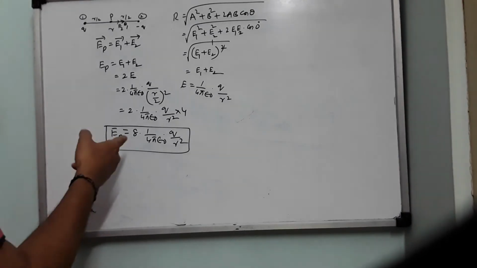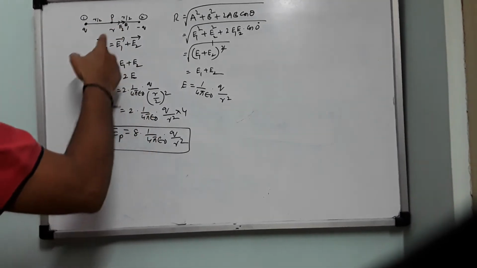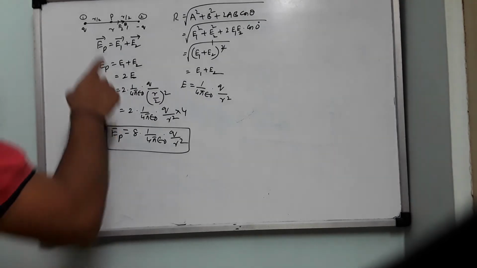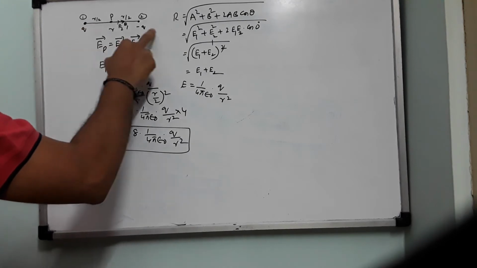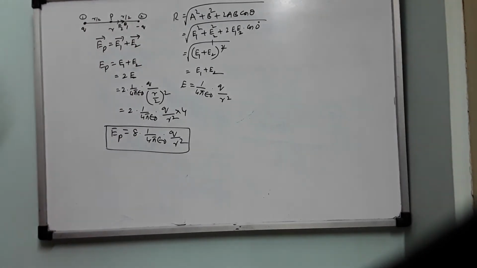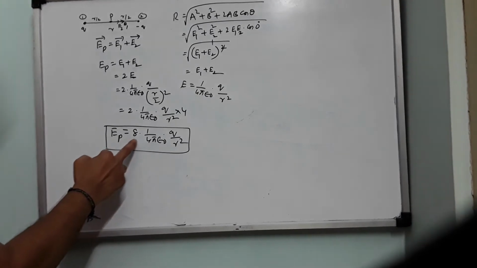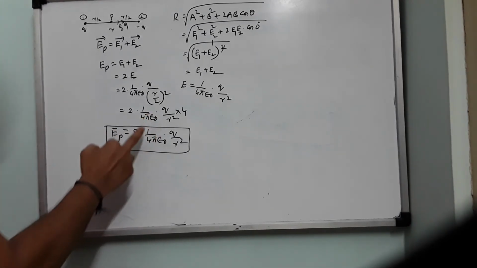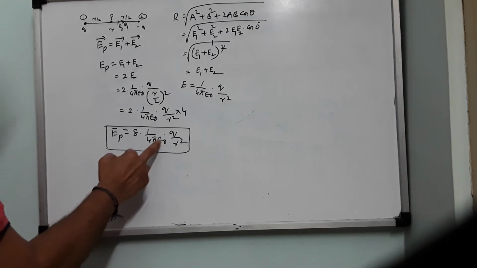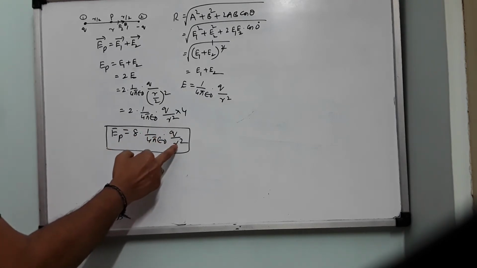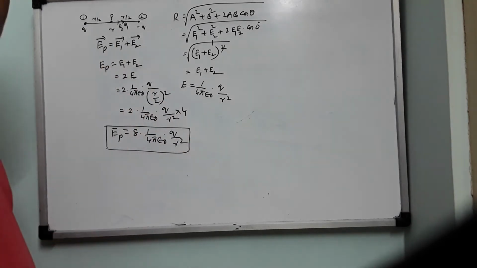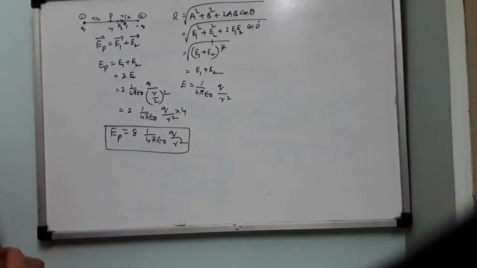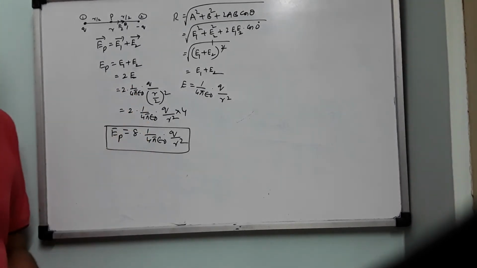Then what is the direction of this field at point P? It is directed towards minus Q, because both the fields are pointing towards minus Q, so the net field. If the values are given as 5 coulomb and 5 coulomb, and if this distance is given as 10 centimeter, you can easily substitute here 9 into 10 power 9. This is a proportionality constant. Then 5 coulomb divided by R, which is 10 centimeter, so 10 into 10 power minus 2 whole square, converted into meter. You will get the answer. So this is the general concept of how to calculate the electric field at a given point.